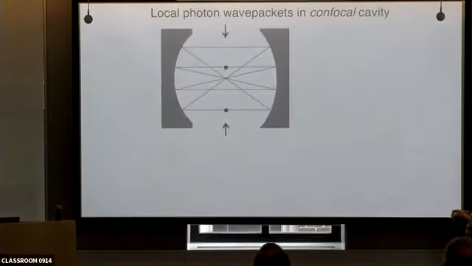All right, so now let's play some games. Let's put two atoms, or two packets of atoms, inside the cavity. Now, the cavities that we actually use, I didn't tell you, but the multimode configuration we like to use is called a confocal cavity, where the radius of curvature equals the length. And in those, the paraxial trajectories of light look like these hourglass patterns.